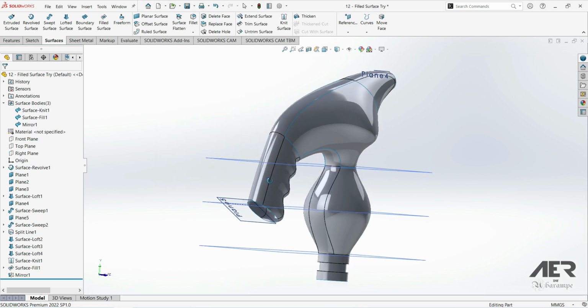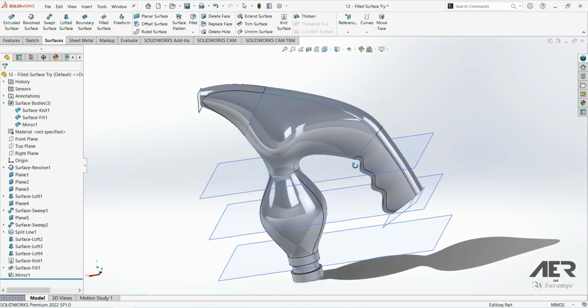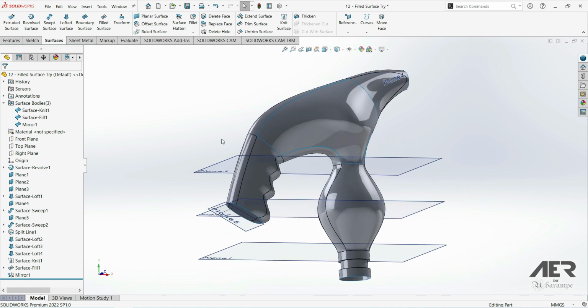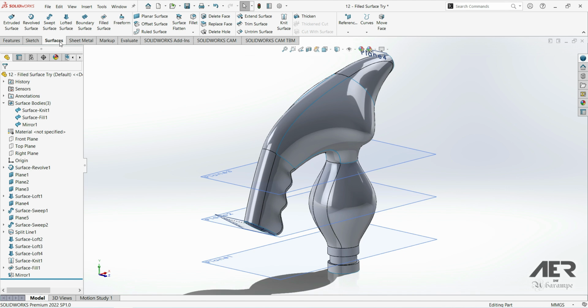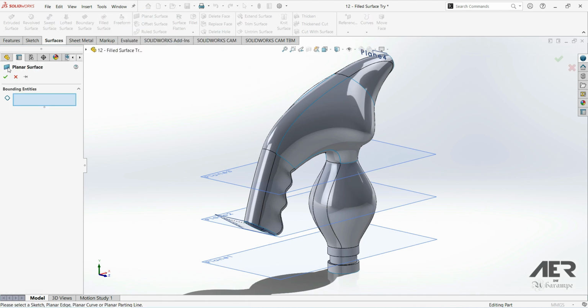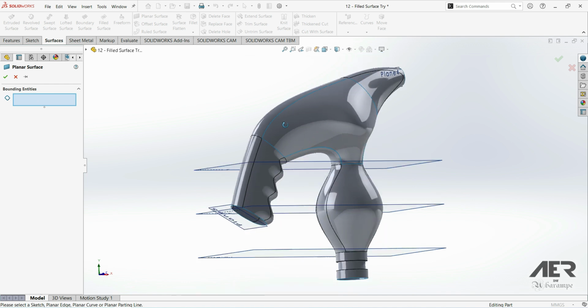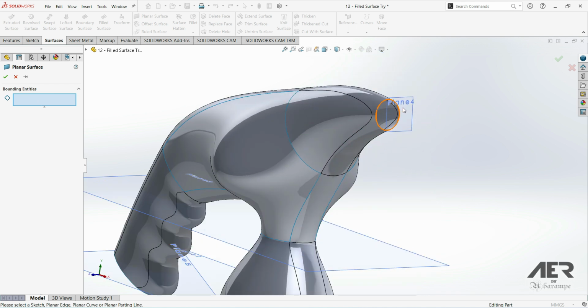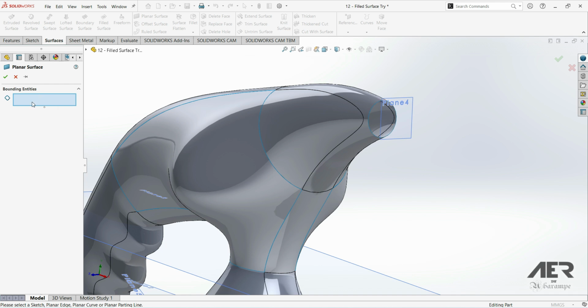And then to make this solid, we need a completely enclosed outer shell. But at the moment we've got 3 holes to the outside. We can fill these in using the Planar Surface option. This tool is here on the Surfaces tab, and it basically just makes a flat or a planar surface using an edge or a set of edges. And to make these, all of the edges need to be on the same plane, so the created surface is totally flat. To show an example, let's select this Planar Surface tool, and then let's just select the circular edge